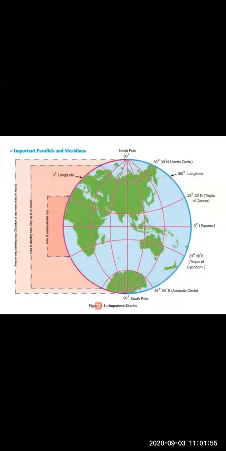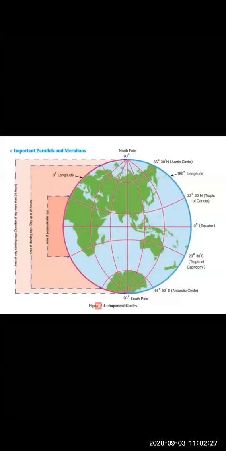But as we know, the earth's axis is tilted at an angle of 23.5 degrees. The earth's axis is tilted, and it is also spherical in shape. So as the earth is spherical in shape, these rays are not perpendicular to all parts of the earth's surface. They are not falling perpendicular on all parts of the earth's surface.